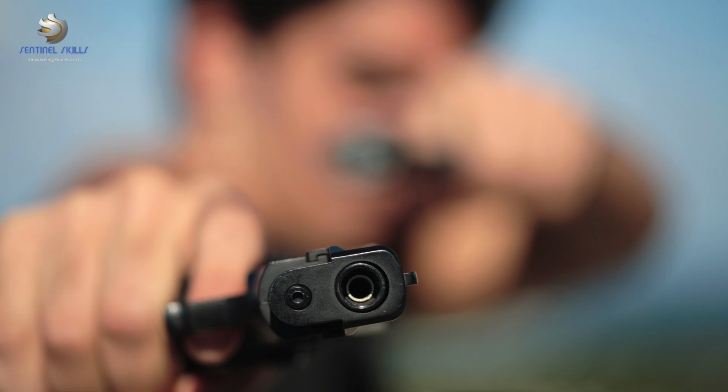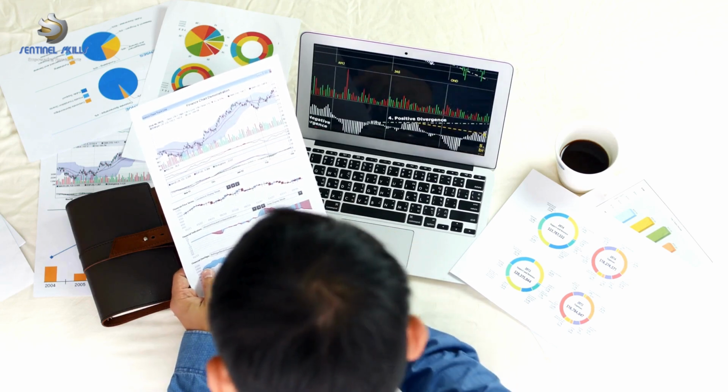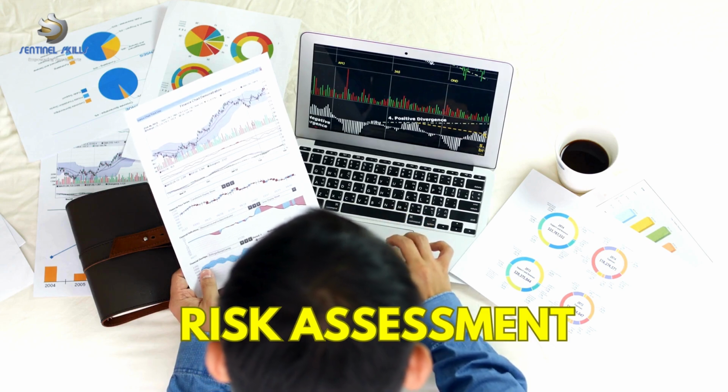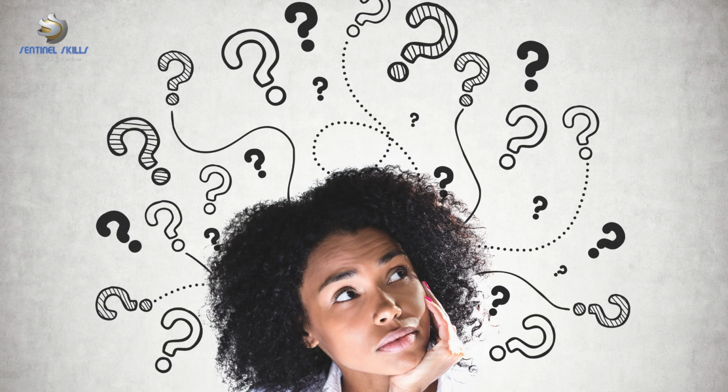Prevention is always better than cure, especially when it comes to active shooter incidents. A first line of defense against potential threats begins with a thorough risk assessment and vulnerability analysis. This process involves identifying weaknesses within a structure or system that could be exploited by an active shooter. It's about asking the hard questions. How easy is it for someone to gain unauthorized access? Where are our blind spots? What are our weak points? Once these vulnerabilities are identified, measures can be put in place to mitigate these risks.